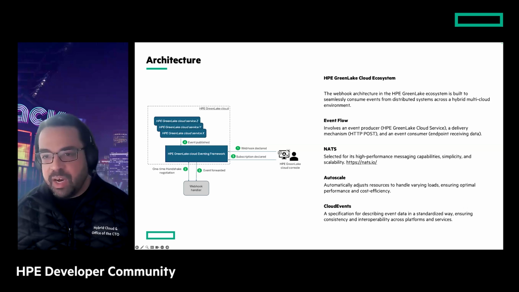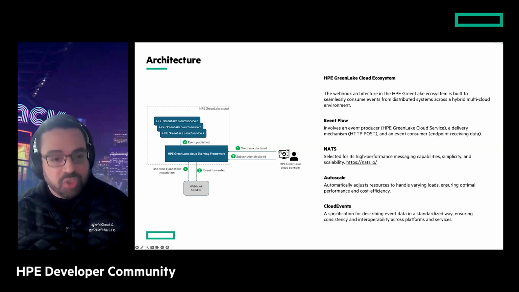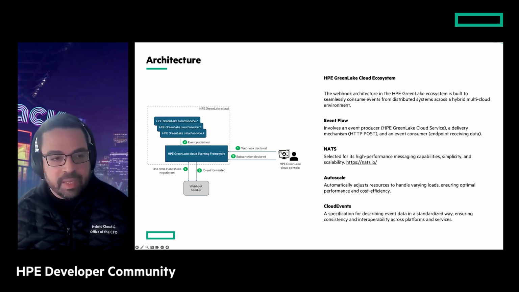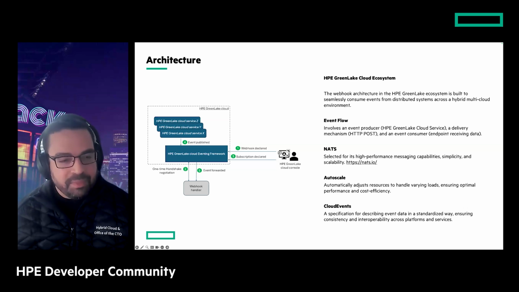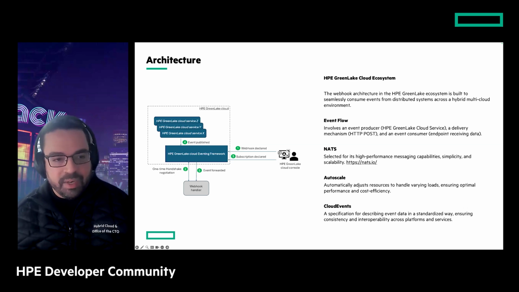It's a distributed environment. We have multiple servers that can act as event publisher. And the infra that we are building is designed to consume and process events from different sources in this hybrid multi-cloud environment. With that in mind, we have this very, very simplified diagram where we are illustrating